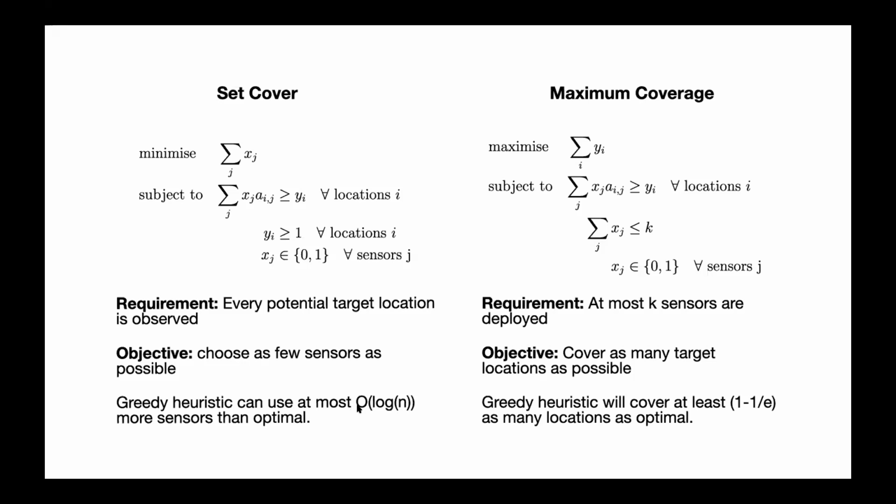So all this reams of math I've got up here, I'll talk about really briefly. It's really just a few lines. You can formulate these as an integer linear programming problem. And the thing that makes it hard is this integrality constraint, right? That you can only place or not place a sensor.